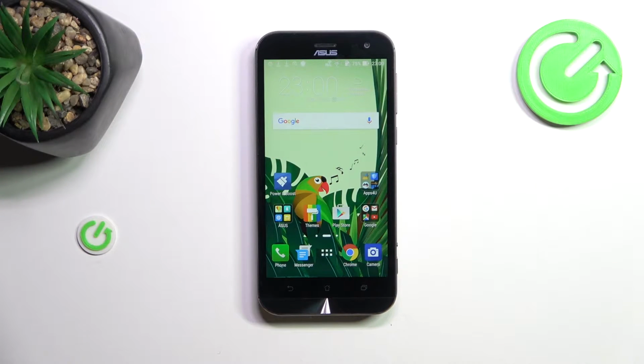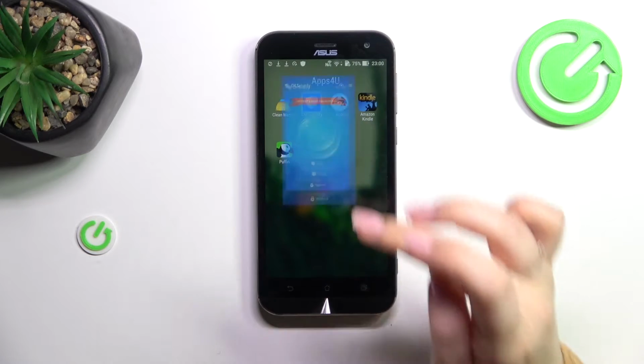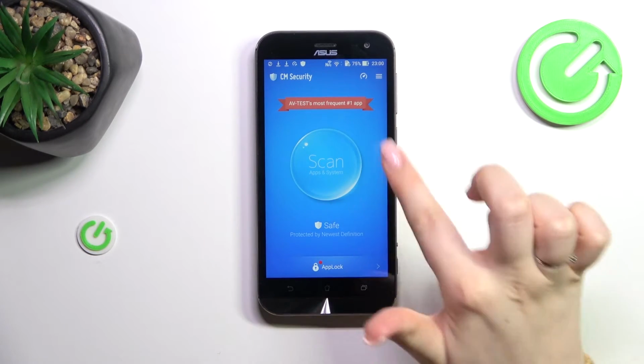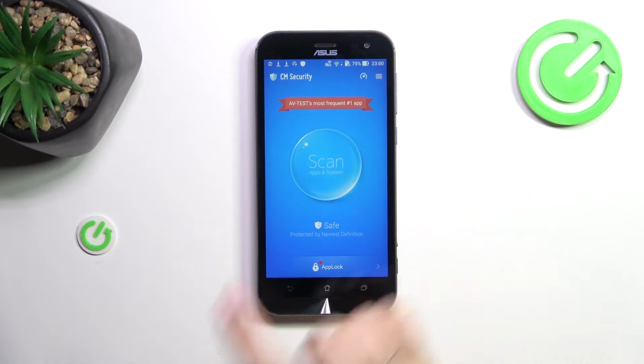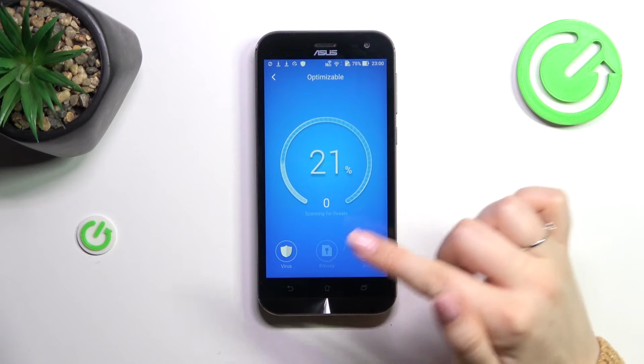So basically, all you have to do in order to virus scan your device is to find a proper app on your device, which is this one, Security. So let's simply tap on it, and all we have to do is to tap inside this cute bubble to scan apps and system. So let's tap on it, and as you can see, the device will scan it